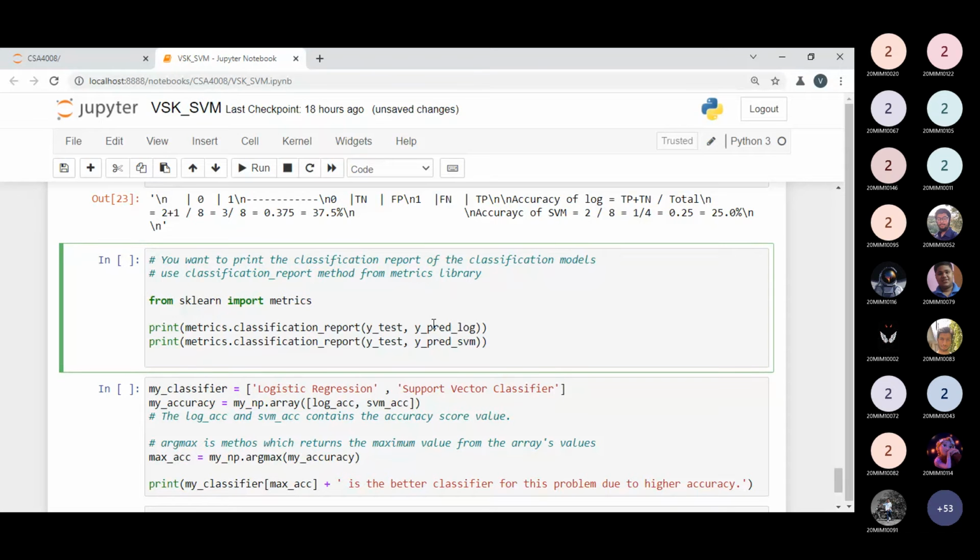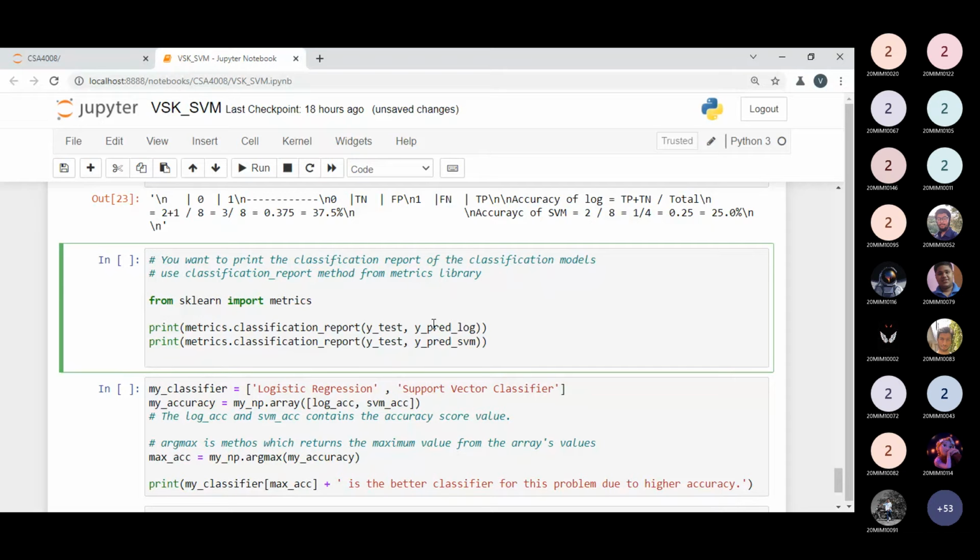And now here we have an interesting point. If you want to print the classification report of the classification model, suppose I want to display the accuracy of the model, and print the precision, recall, and F1 score value, then can we call all the methods again?